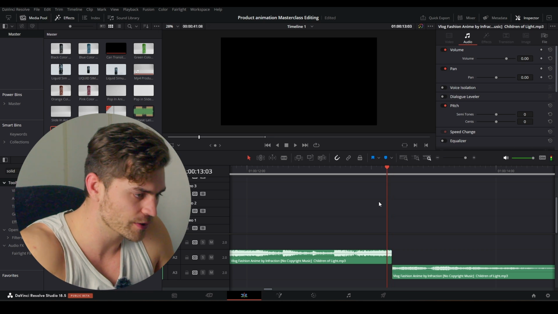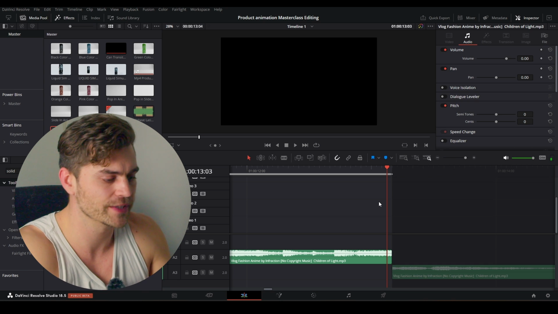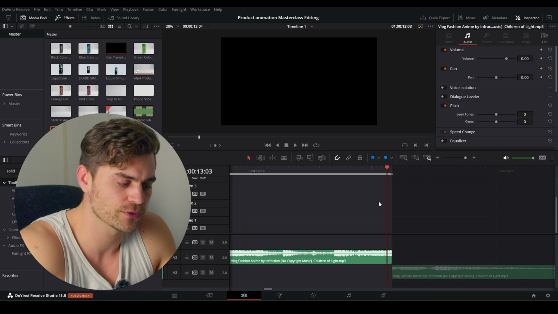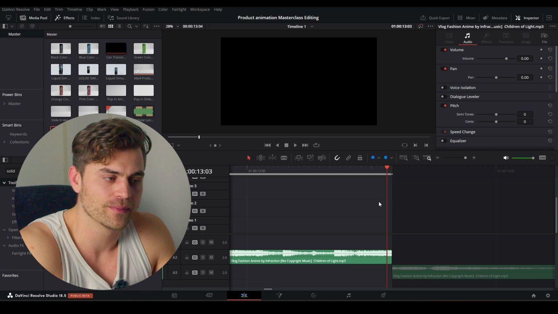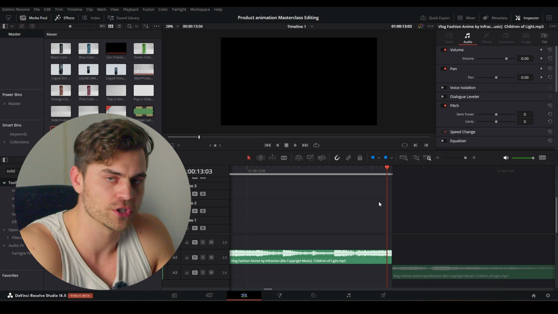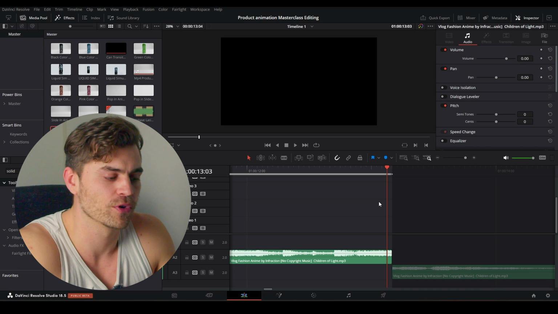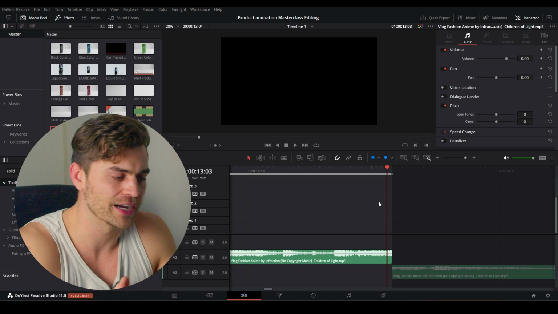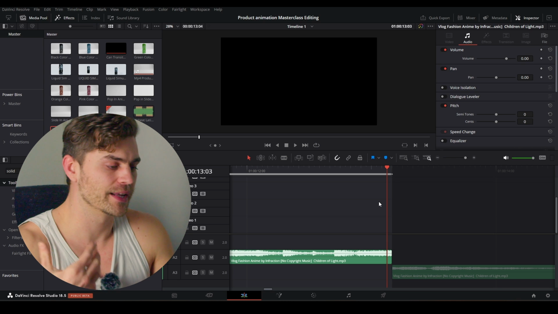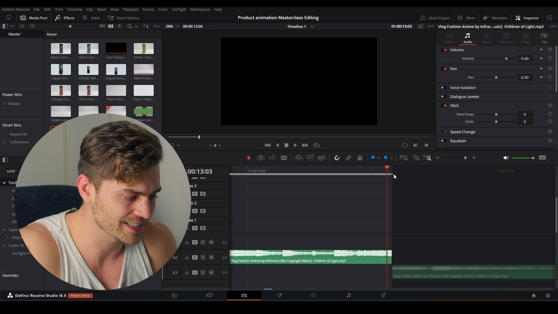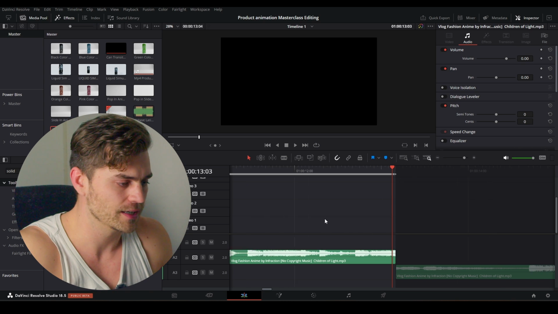Press on my left arrow key and then press O for out point. For some reason, when you're standing on the last frame and you press O, it places it one frame later. This is just a DaVinci Resolve thing, but you will get one black frame and it will be really noticeable when you render the final animation. So click on the final part, one frame back, and then click on O. And now you can see that this is aligned with this and it is totally correct.